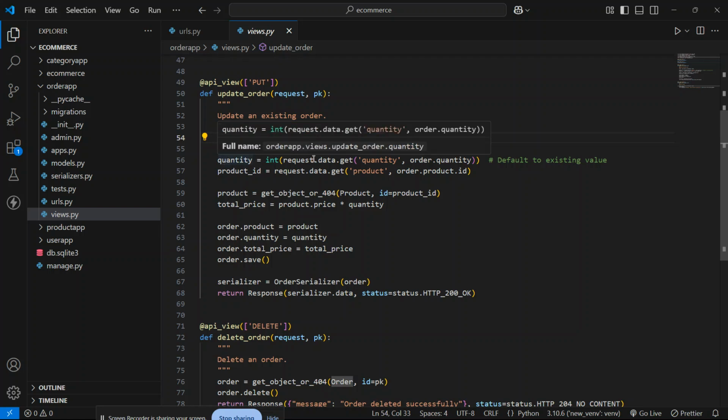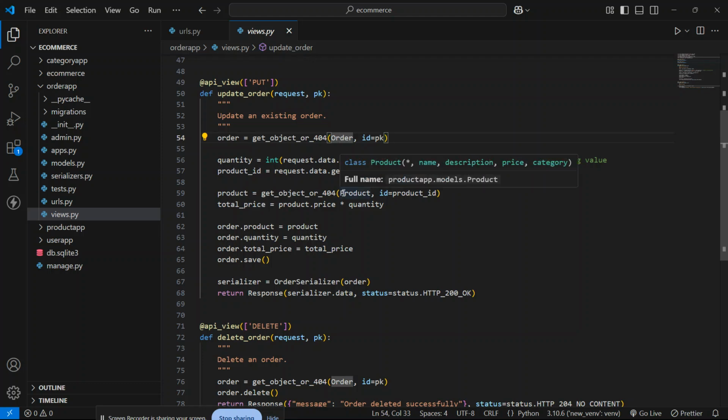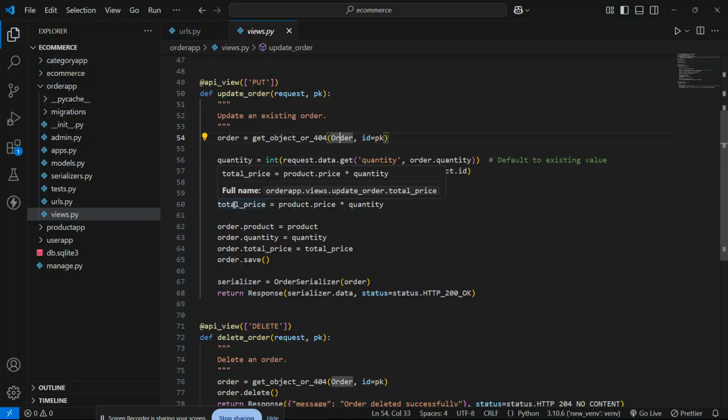And the quantity we have to take, and the product ID, again the typecast here, and the product we have to fetch with the product ID, and we have to calculate the total price.